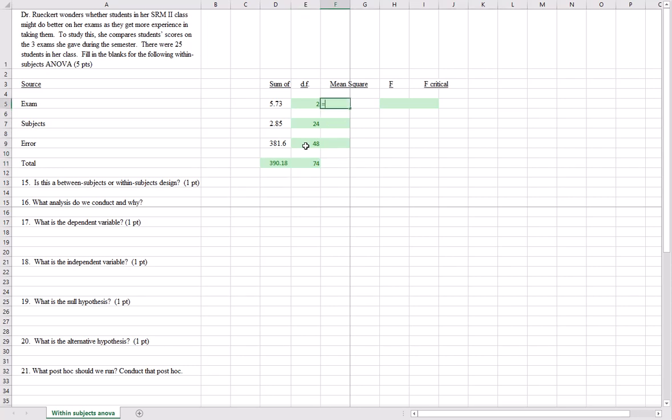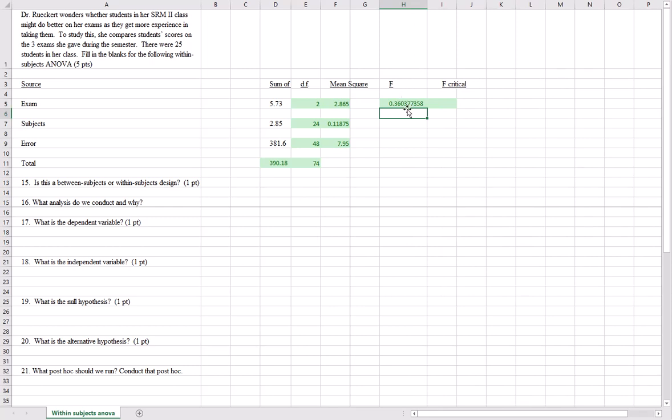Our mean square is still going to be sums of squares divided by degrees of freedom. Our F is going to be our mean square divided by our mean square error. So we end up with a really tiny